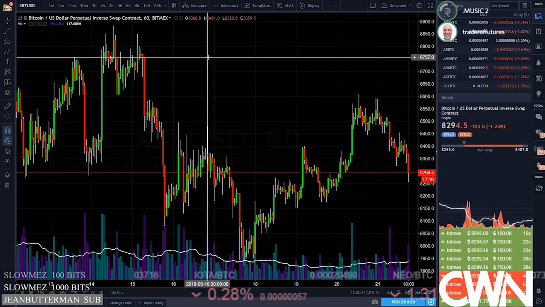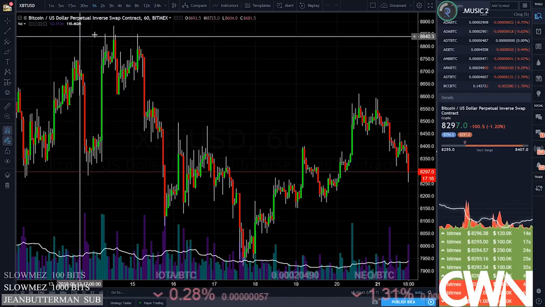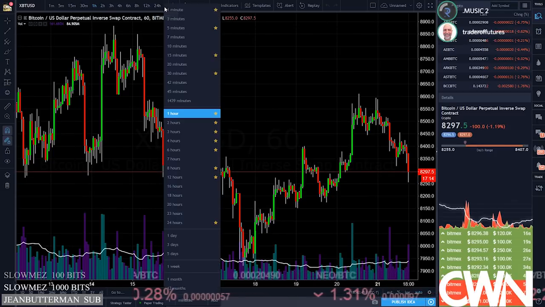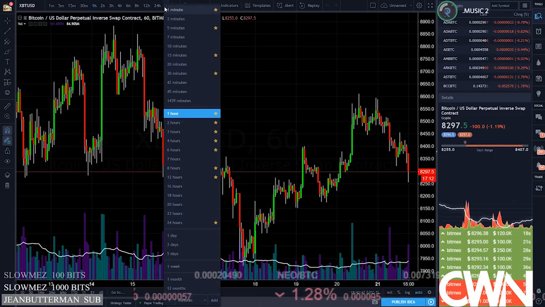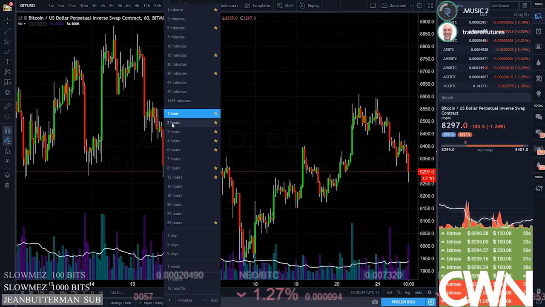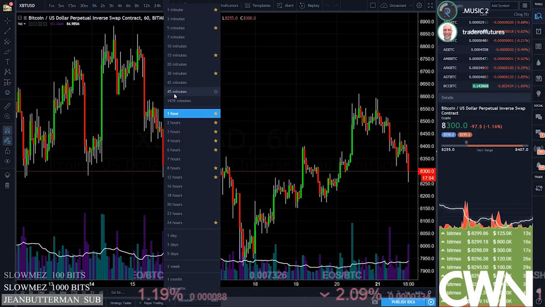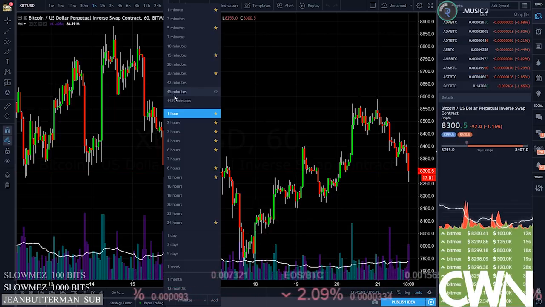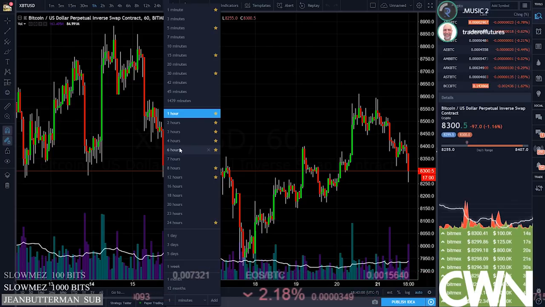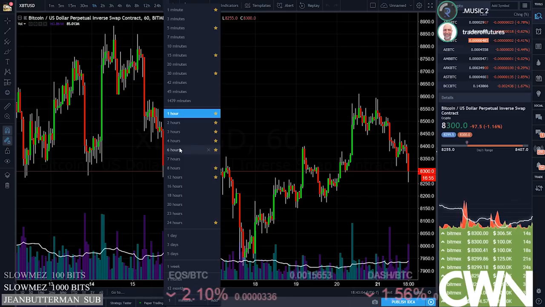Yeah, so let's see, this is the 1 hour chart. I'll tell you what I normally do when I'm trying to assess any kind of asset that I'm interested in. I'm going to work on Bitcoin here. I look at 3 different time frames. I'll start off with the daily and maybe go to 4 hour and then 1 hour.